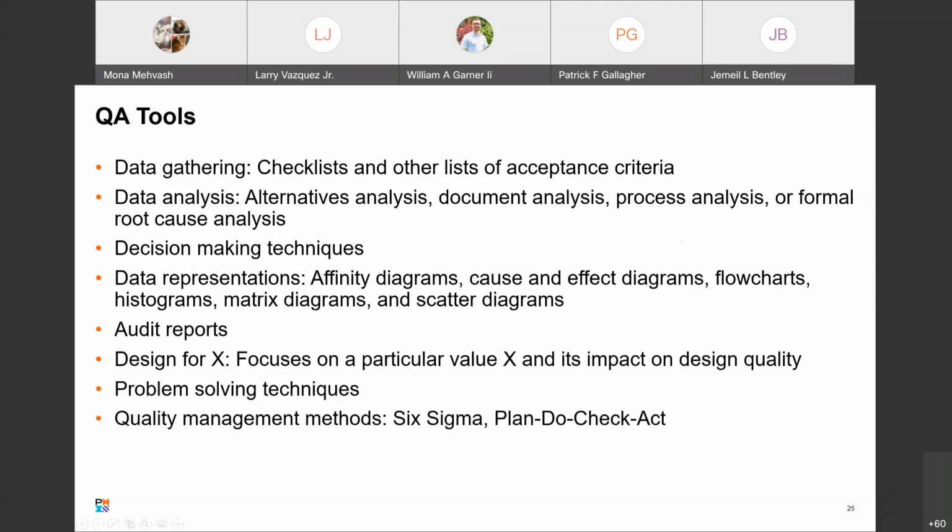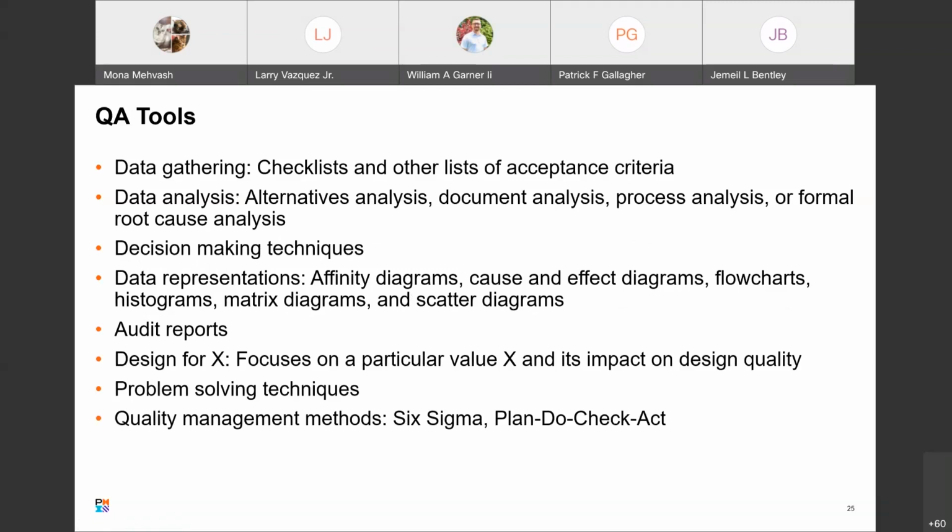So QA tools. Quality management teams might use a number of tools and practices to identify quality issues. They include data gathering, which often uses checklists and other lists of acceptance criteria. Data analysis, including alternatives analysis, document analysis, process analysis, or formal root cause analysis.